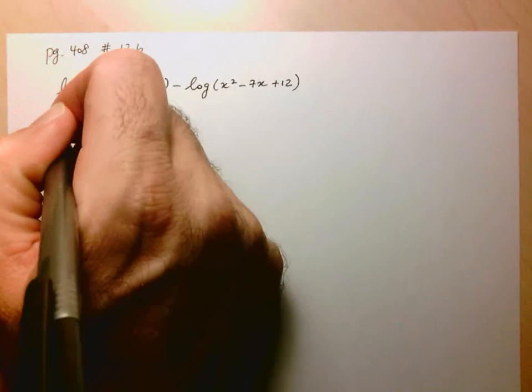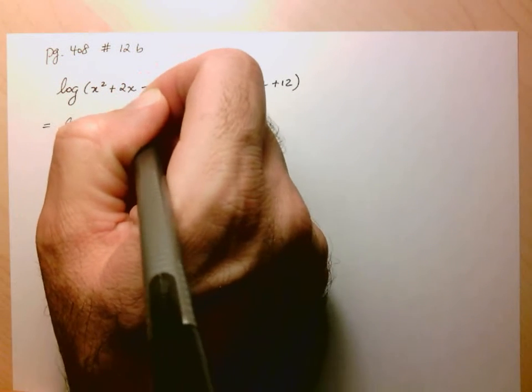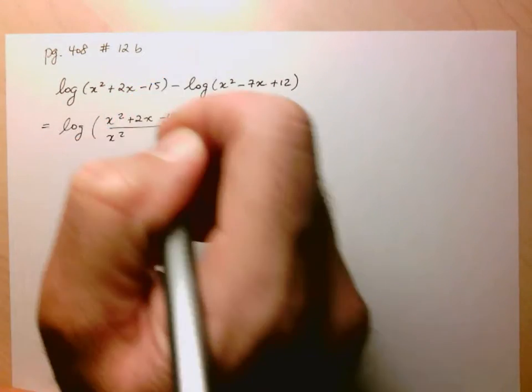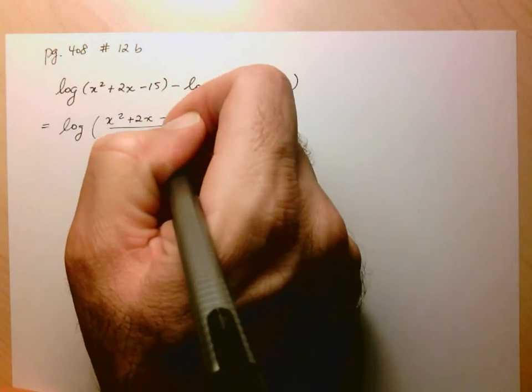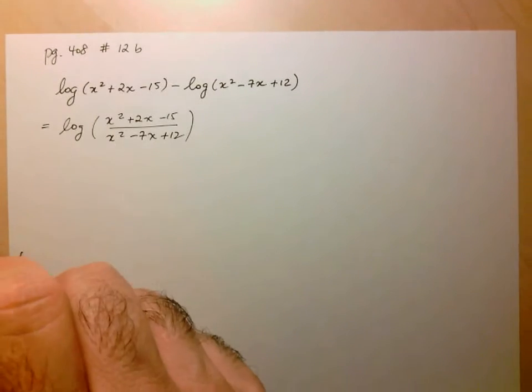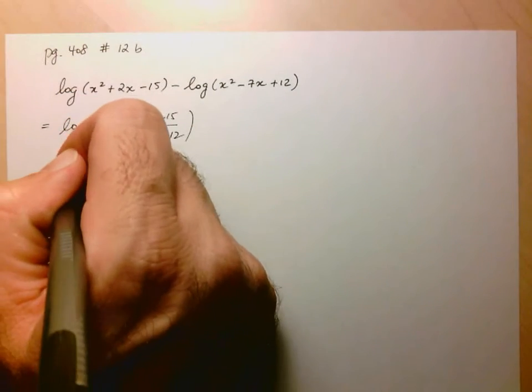So I can rewrite this as the logarithm of x squared plus 2x minus 15 divided by x squared minus 7x plus 12. Now I have the logarithm of this rational expression. Let's see if we can simplify this any further by